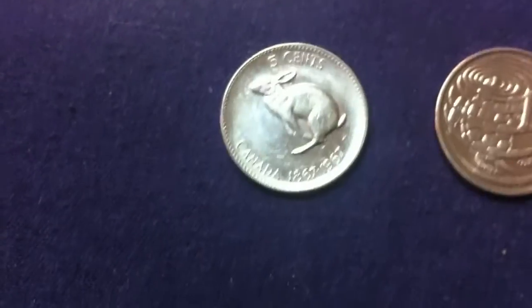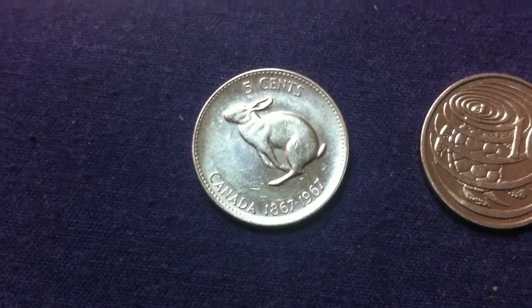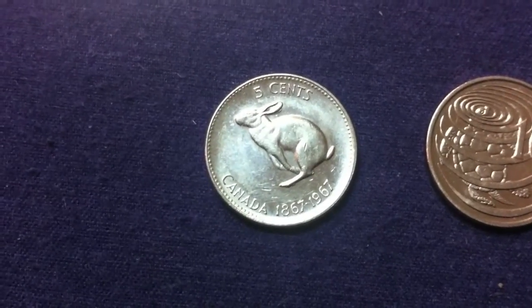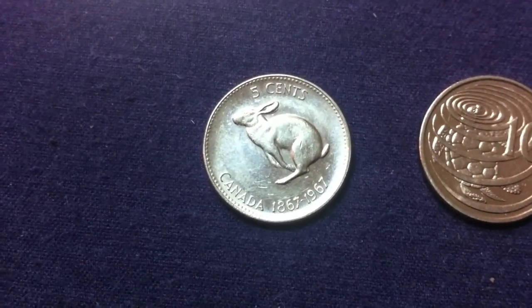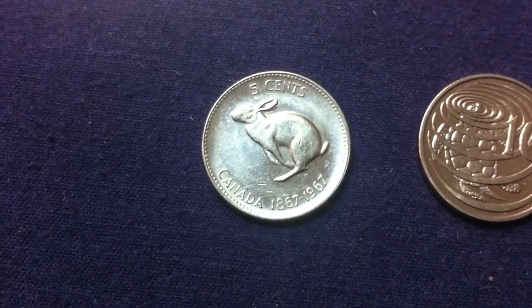And fortunately for us, we've had some pretty decent luck on these 1967 Centennial nickels. I believe it is 3 boxes in a row now where we've had a Centennial rabbit. It's funny, sometimes the results ebb and flow. I think we had a pretty big drought with these 1967 rabbits, so very nice to get 3 in a row. One here in this box,